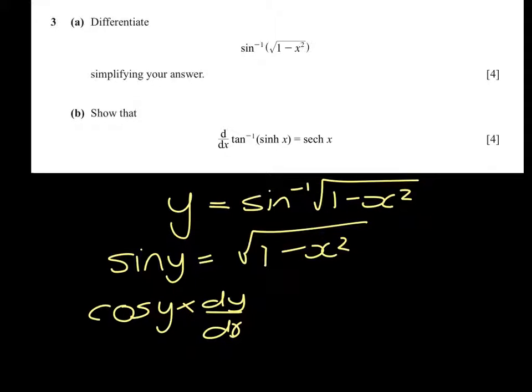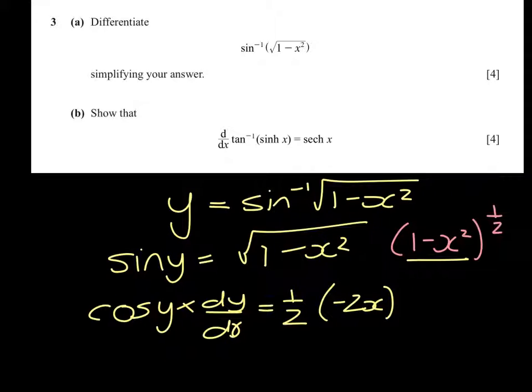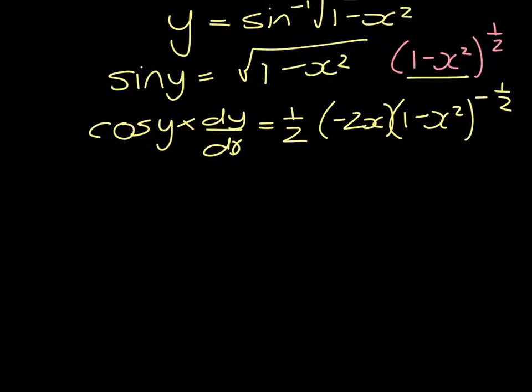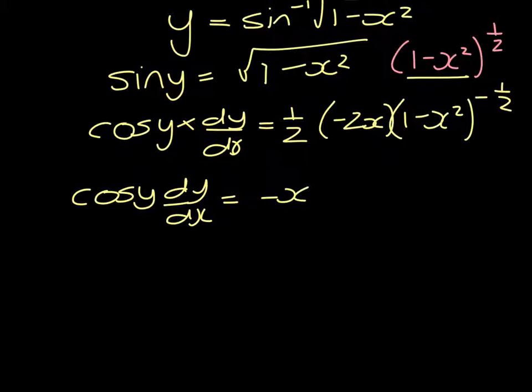And if we differentiate the right, first of all, we've got to think of this as (1 minus x squared) to the power of a half. We bring the half down, we multiply by the function differentiated, so that's minus 2x. Then we have our bracket and we take away 1 from the power. So we now have that cos y dy/dx equals minus x upon (1 minus x squared) to the power